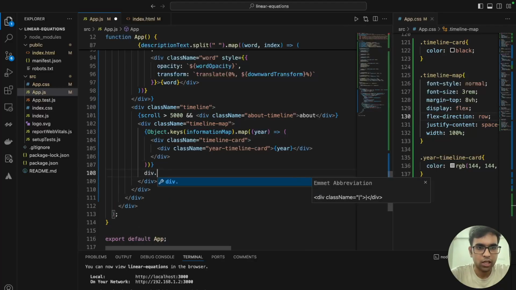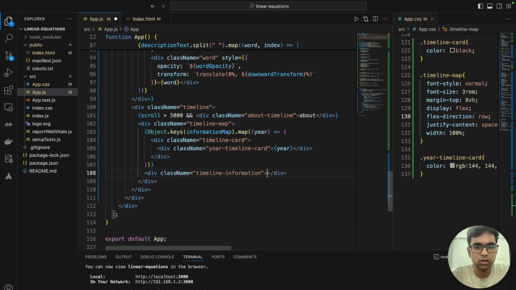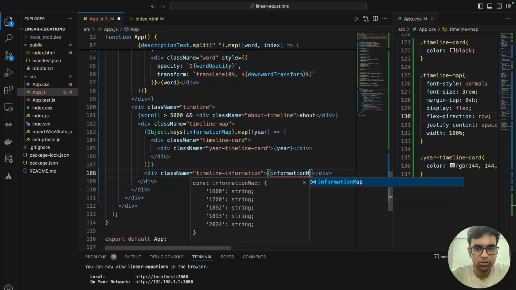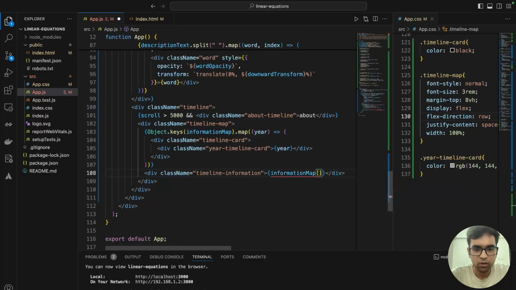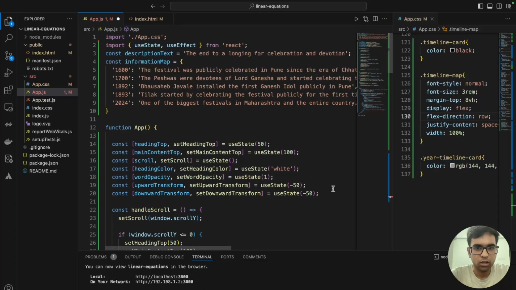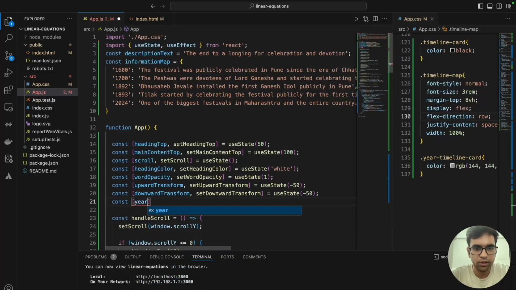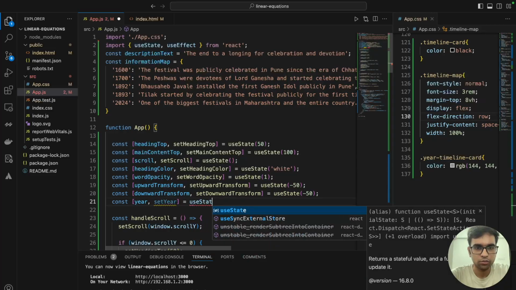Now I will add a timeline information card, and I'll have to add the information map of the year. I'll have to declare a state variable year, setYear equals new state. Initially it should be none,